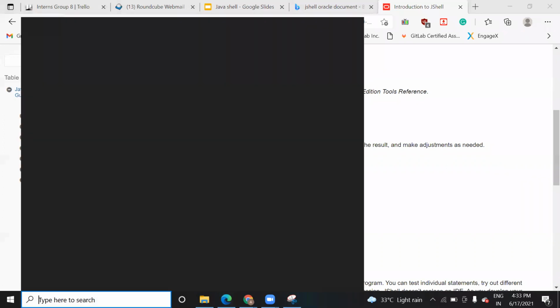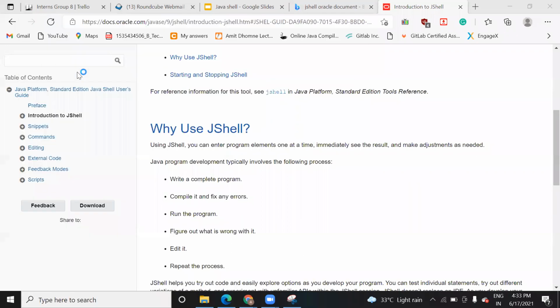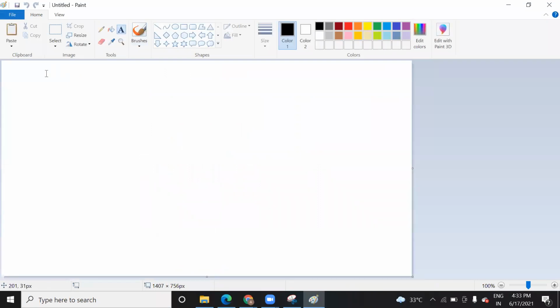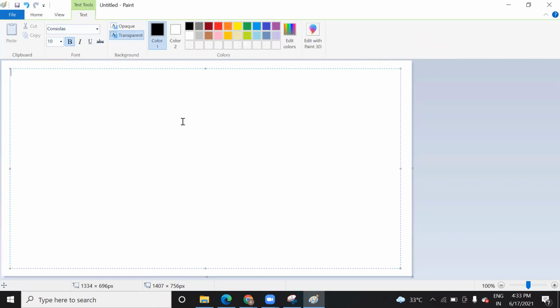How is it different from the normal program? Let me show you. When we write a program in Eclipse, you usually need to write code like import java.util.Scanner, or java.util.*. You need to write it like that, right?